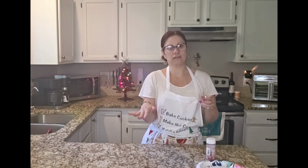What you want to do is make sure you clear a flat spot in the fridge. For instance, I was just moving some things around because it was a small enough pan that I could just put it right in this way and it would fit, but there were some things on the bottom. So I flattened out the things on the bottom and put the pan in. And then I looked to make sure that the pan wasn't crooked in any direction. Because if it is, let's say you put the pan in crooked like this,